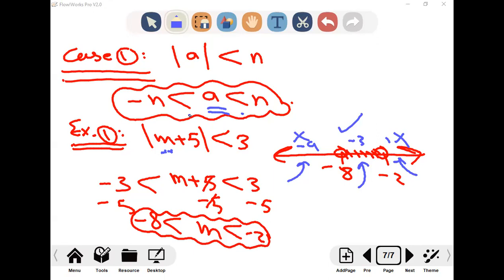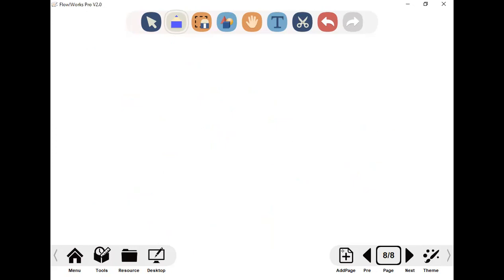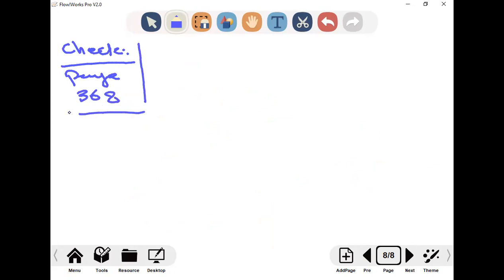Done? Now let's go to the check. Let's do the check together. I'll give you a chance to write. Don't worry, I will go back to example 1. So just focus with me on the check, then we'll go back. Check. Which page? 368 at the top, I think. Yeah. Solve